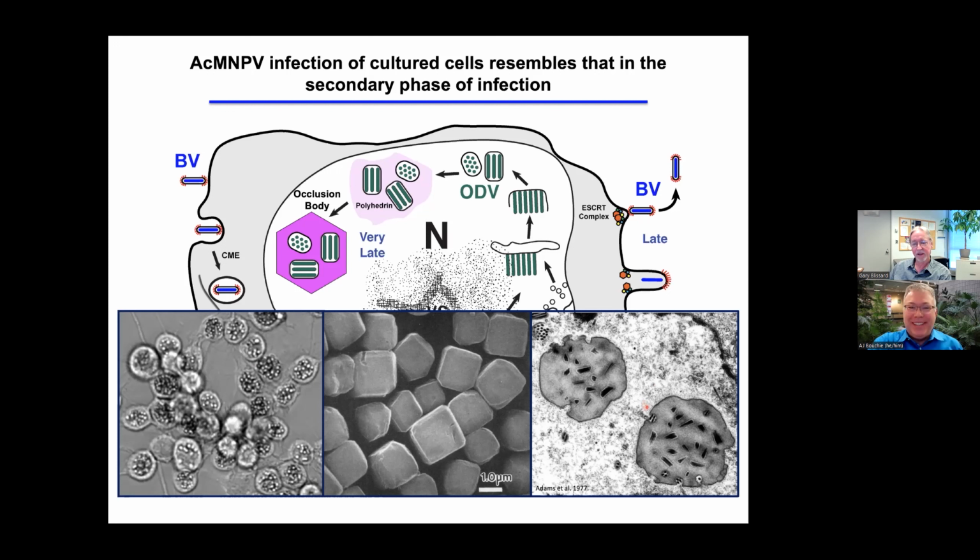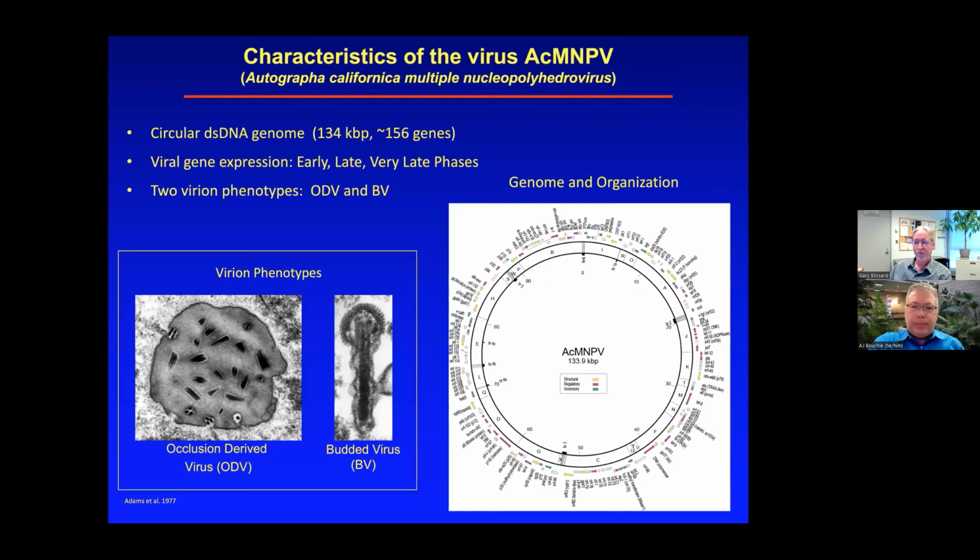Yeah, so the whole process of the cell dying and lysing and all is very complex. That kind of leads to another topic, is this is a pretty complex virus. These are considered large viruses. So in the world of virology, some viruses are fairly small, maybe encoding 3 to 5 or 10, 20 genes, whereas baculoviruses are considered large viruses. The virus we work with, ACMNPV, is about 134,000 base pairs long. It's a circular genome and encodes about 156 genes, depending on how you interpret